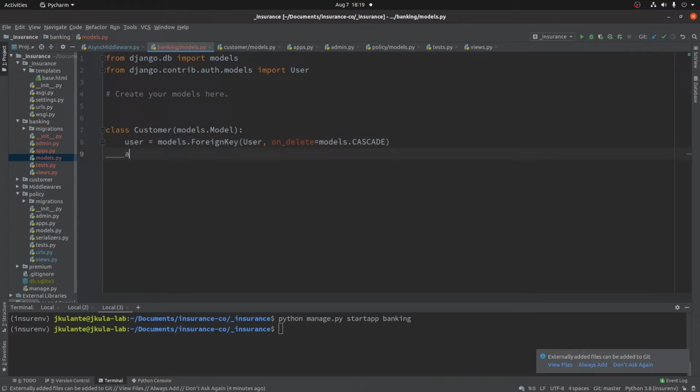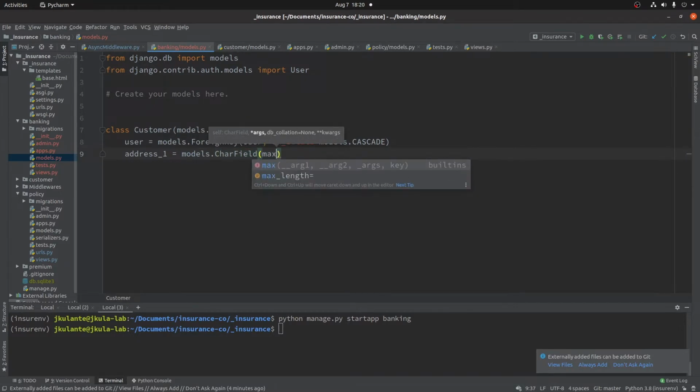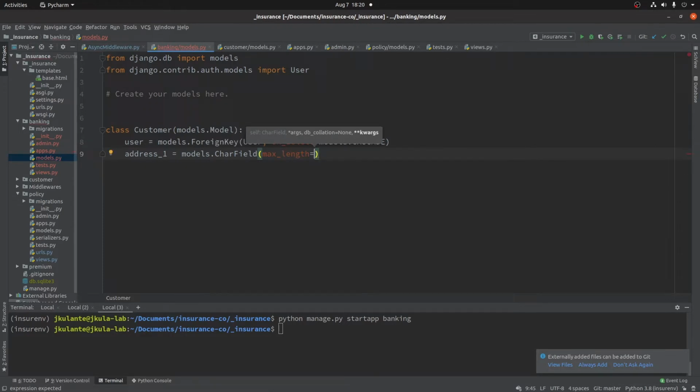Next, we need the address of our user. Address 1, which is usually the line 1, models.CharField. The maximum length for this address should be, let's say, 50 characters. Null should be false. Null false. Blank